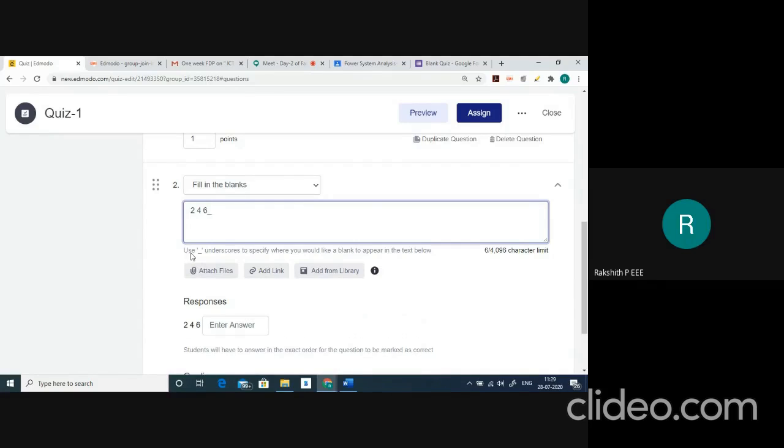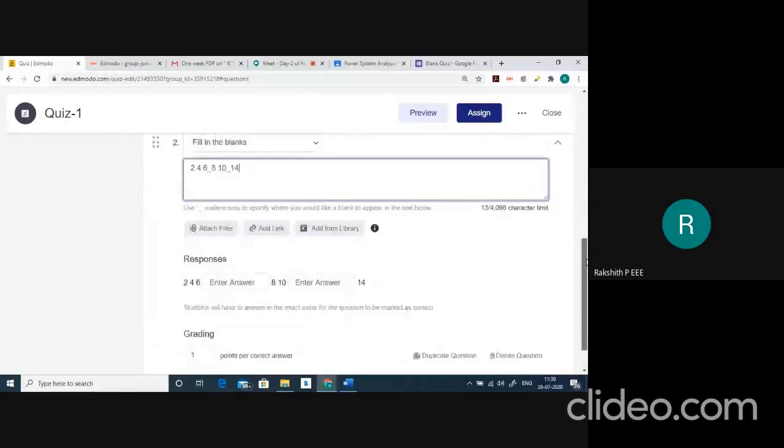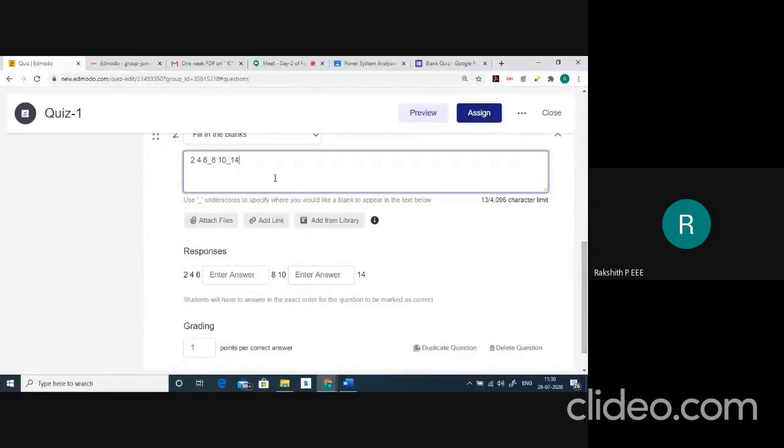Here they have mentioned use underscores to specify where you would like a blank to appear in the text below. And then I'll enter 8, and then 10, and then I want my student to answer next, and then 14, something like this. I've created a series of even numbers, and here you need to enter your answer.